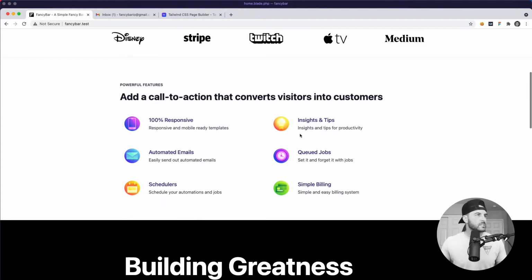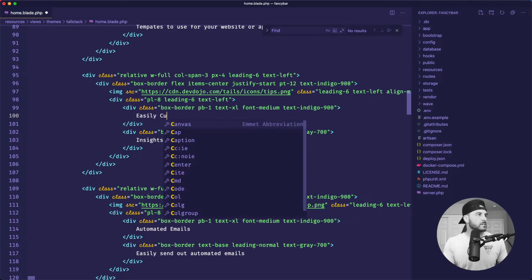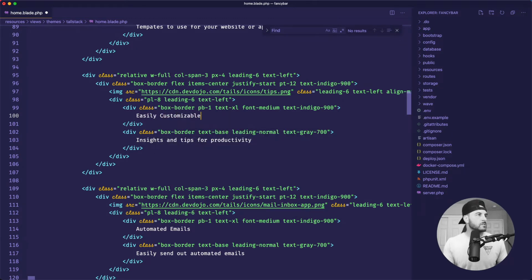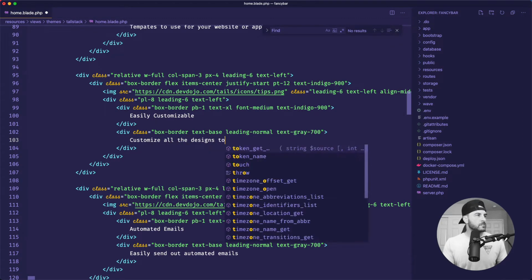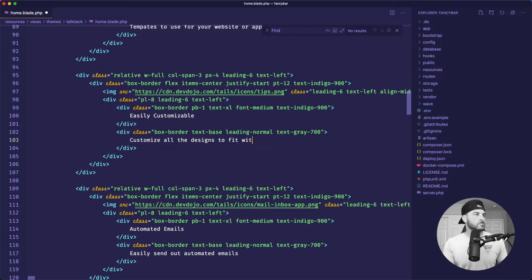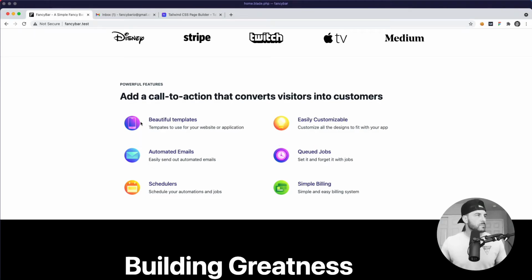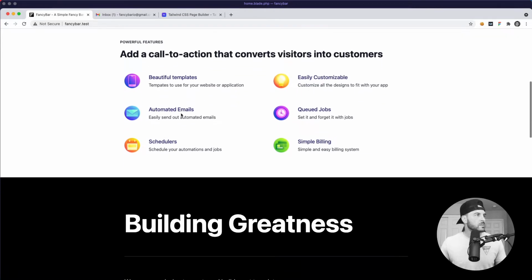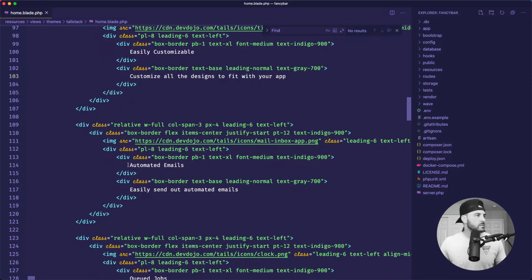We have insights and tips. Let's change that to easily customizable. Customize all the designs to fit with your app. Let's see how that looks. This text might be a little too much, and I think that's good. Easily customizable, automated emails. We'll change this to